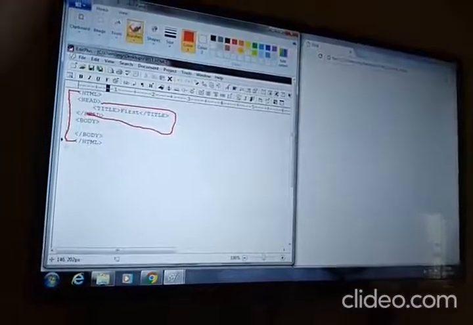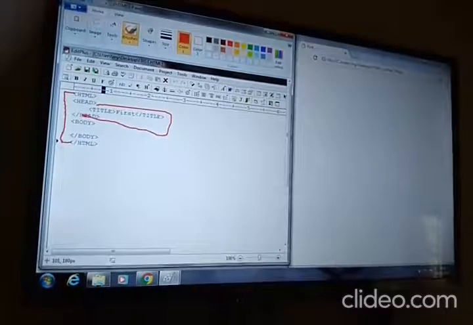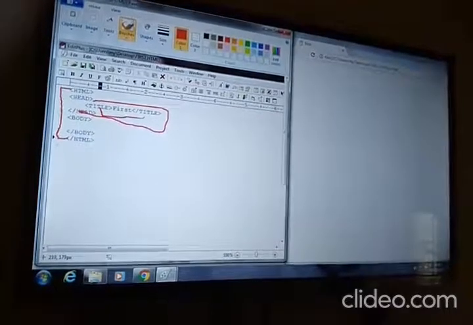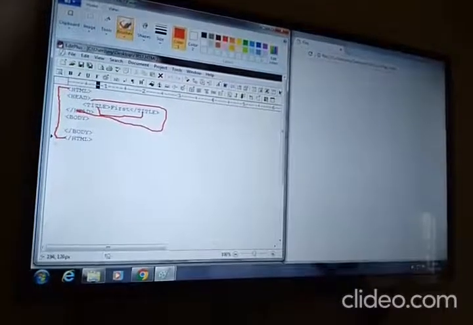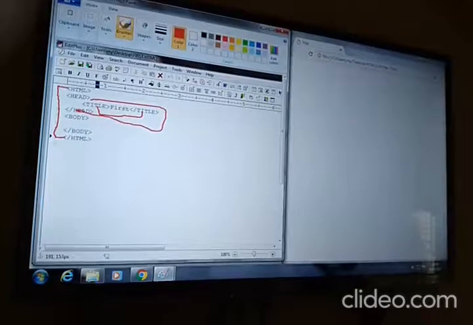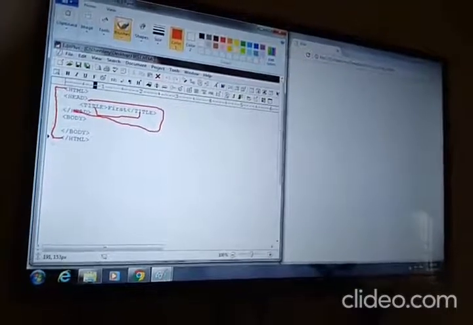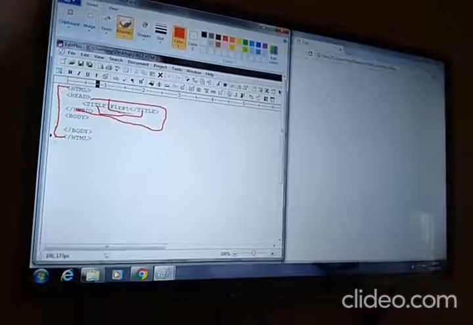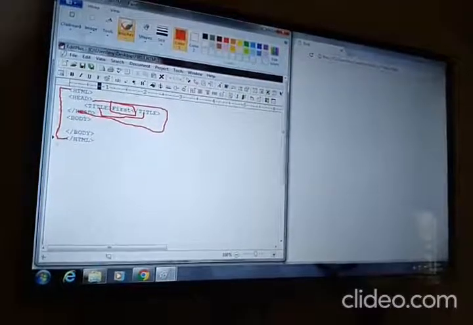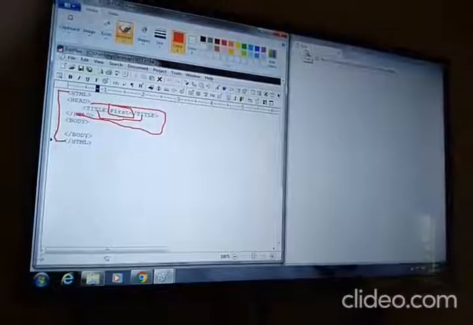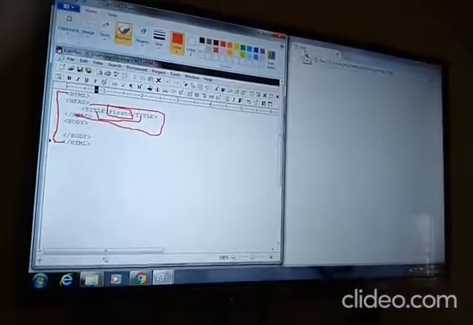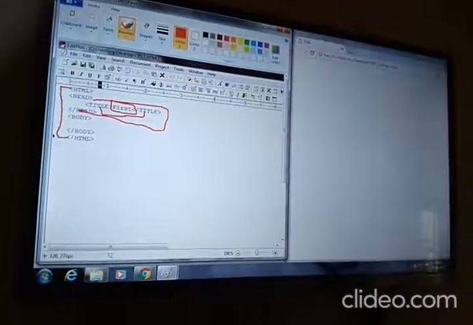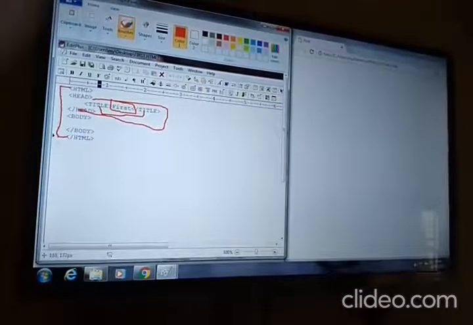It is written just below the HTML tag, and inside the head tag we can write the title tag. See the title tag. The title tag is used inside the head tag. The title is displayed in the title bar at the top of the browser window. Here I have written "first", so this text we can see on the title bar first. The title should be short and include only up to 64 characters, meaning we can write a maximum of 64 characters here.